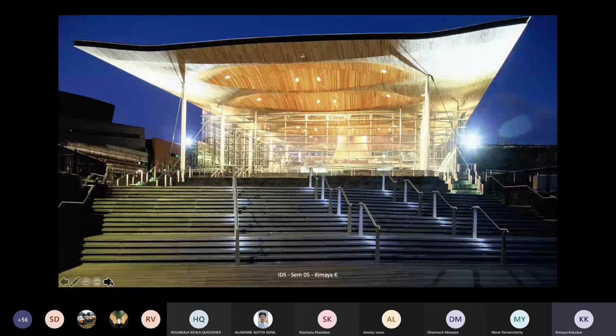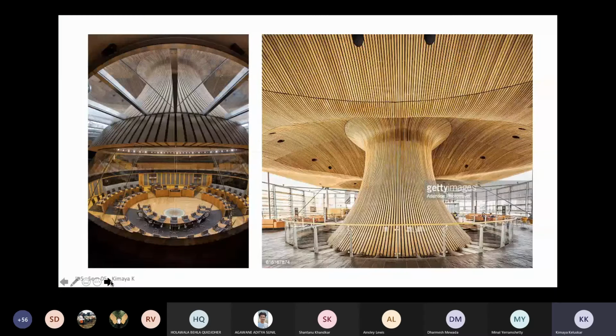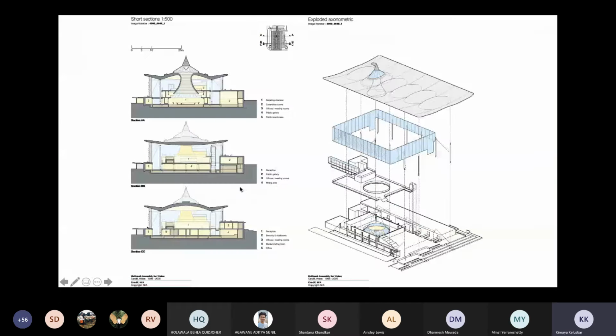This is in another building called the Senedd, done by Richard Rogers in Wales. It's actually the Welsh Assembly Hall. It doesn't have raked seating, but it has an area which requires particular acoustics. They have also created daylight that comes in, which is indirect, and which enters this entire hall. You can actually see the gap between the two glass panes, and this entire thing is clad with timber. So this is how the entire